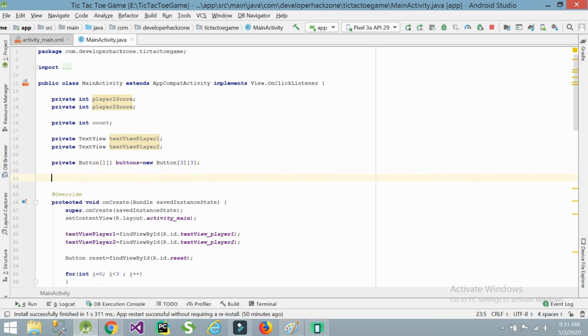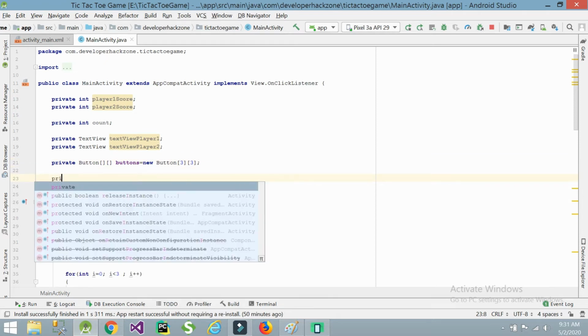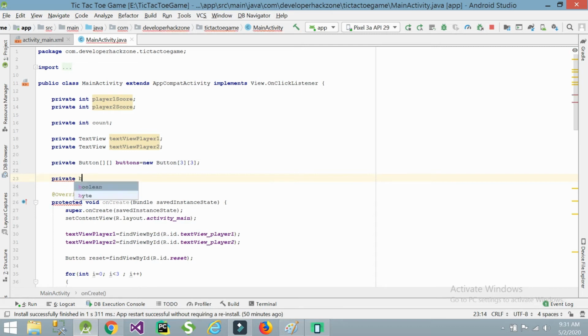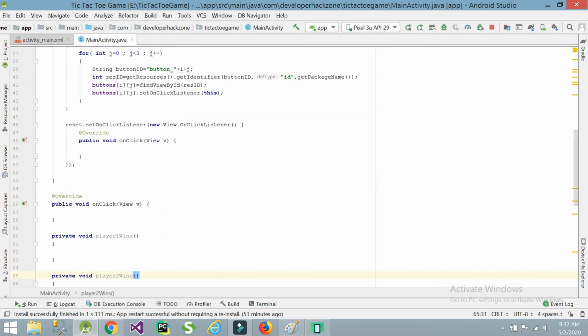So I am taking a boolean here: if the condition is true, then player 1 is playing, otherwise player 2 is playing.